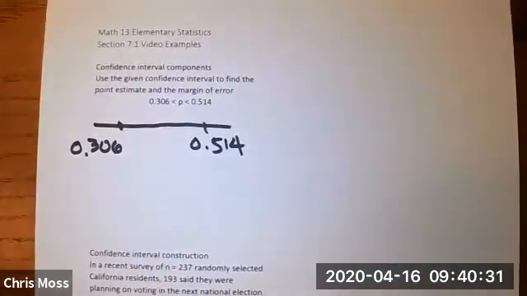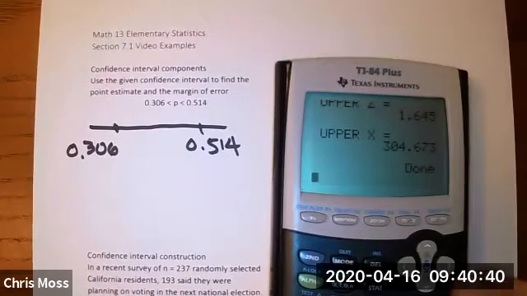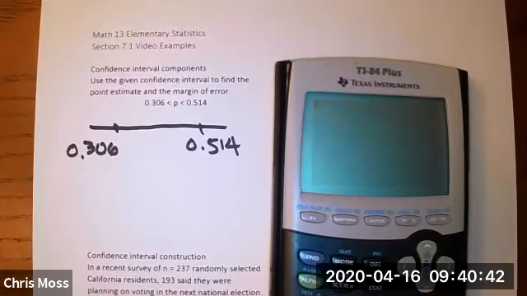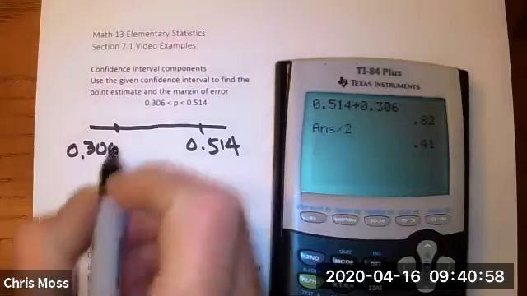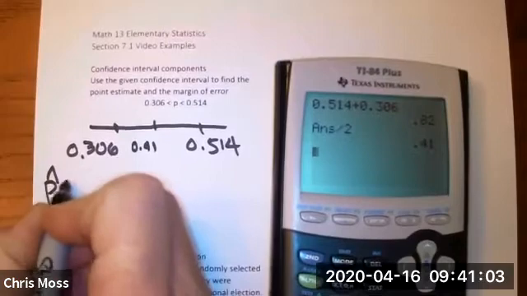So what I need to do now is find the middle point, and that's going to be my point estimate, coming from my sample. The keystrokes are fairly simple. We've used these a number of times already. 0.514 plus 0.306, sum those up, and then divide the result by 2. So 0.41, that is my point estimate, 0.41. So p hat